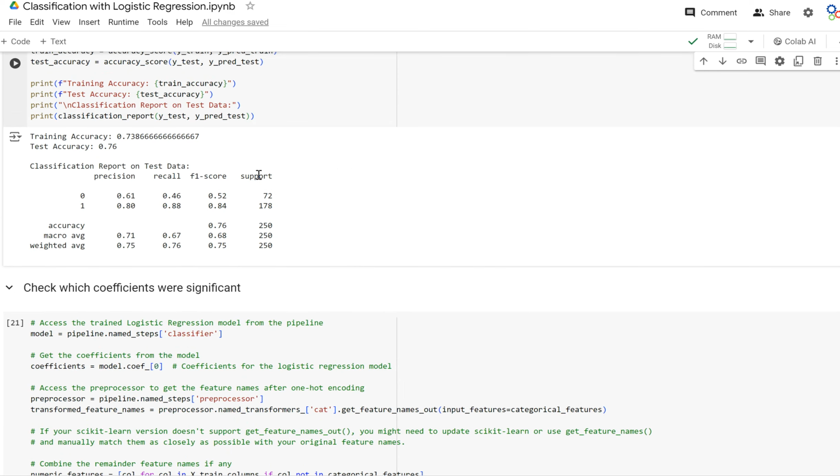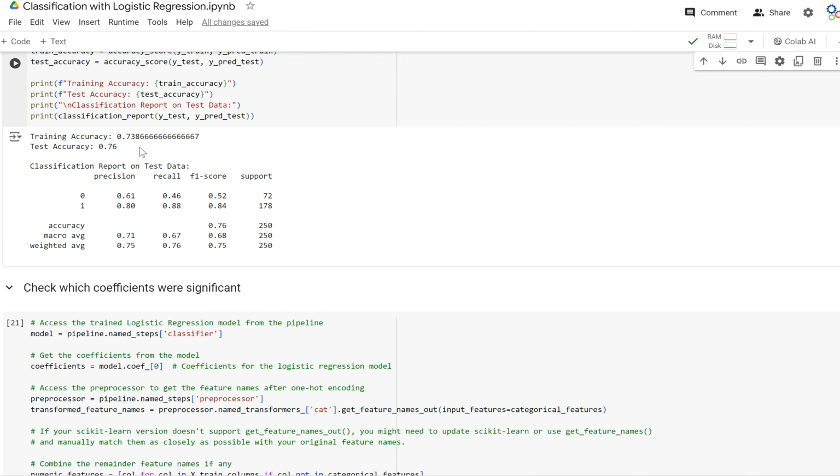So this was the output of our classification report. We said we had a training accuracy of 74%, a test accuracy of 76%. That's just the percentage of examples we got right in each of those data sets. Is that a good way to evaluate a classification model? Generally speaking, and I would believe in the overwhelming majority of cases, that is not a good way to